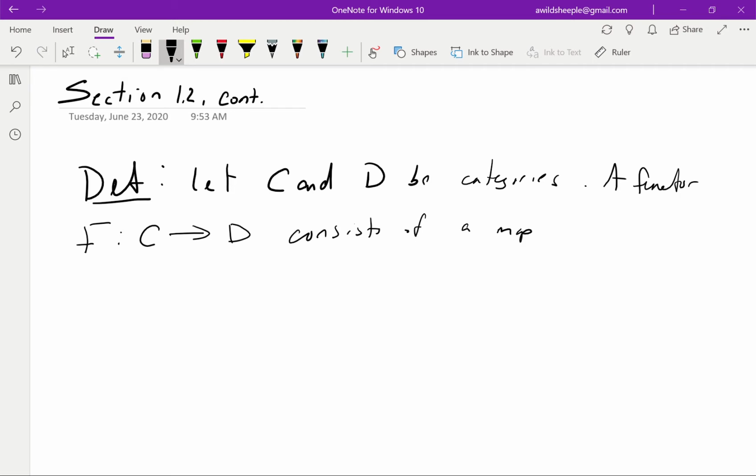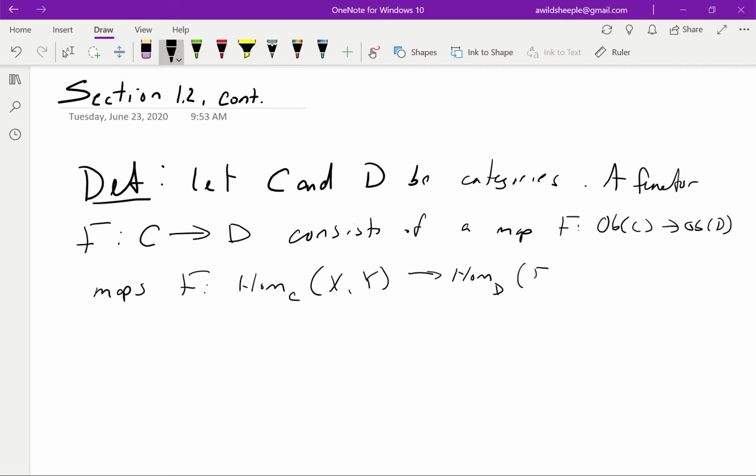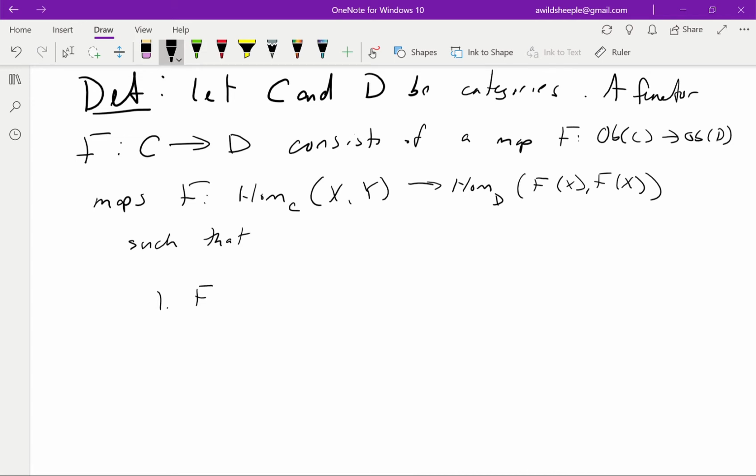It's a map, which we also denote by F, from the objects of C to the objects of D, as well as a family of maps, also called F, from Hom in C of any pair X and Y in C to Hom in D between the image objects, with the properties that F of the identity map on any object is the identity on the image object,